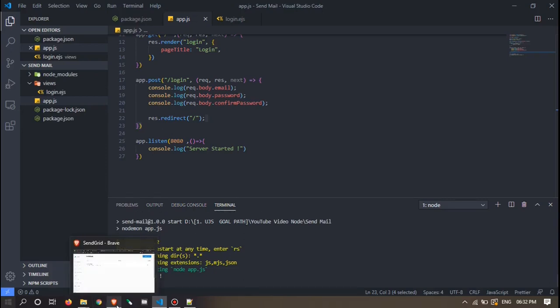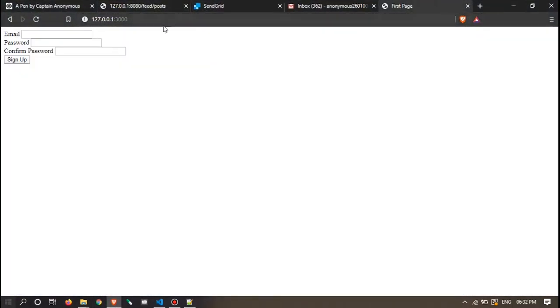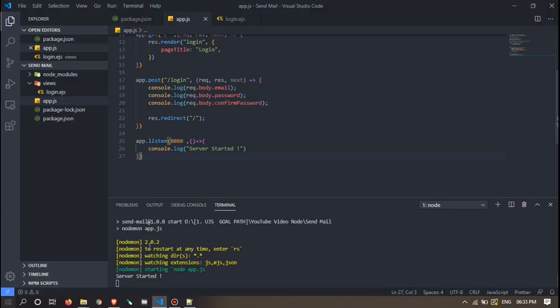Okay, server started, right? Let me go to 127.0.0.1:8080, the same 8080 as before. We got our form, right? So this is our setup. Our server is started.